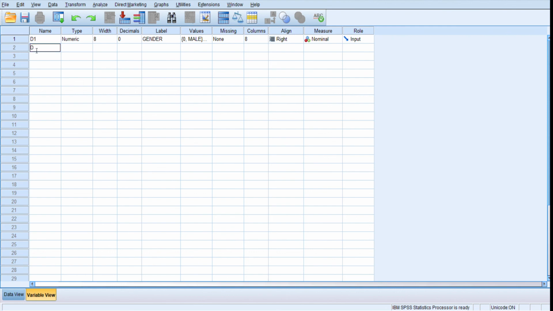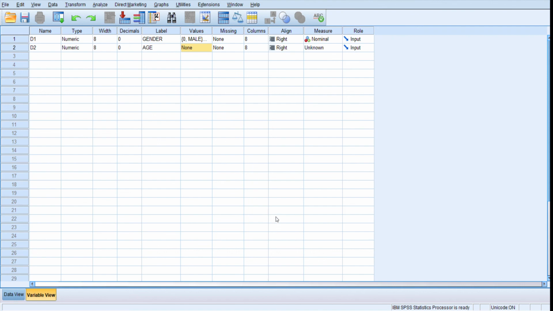Next one is D2, the second one, a numerical variable. I am choosing age here. I have given some options in my questionnaire. Say 1 stands for the age group of 18 to 21, and 2 stands for 22 to 30.